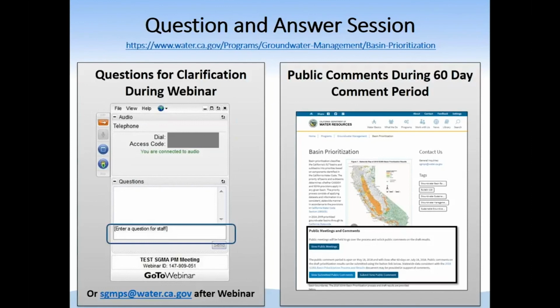But as you point out, Tim, with the exception of basins that are modified as part of this second round of basin boundary modifications, those basins that are modified, we have an obligation to look at late this year and hopefully finalize that prioritization of just those basins, as Stephen mentioned in his portion of the presentation. Great.